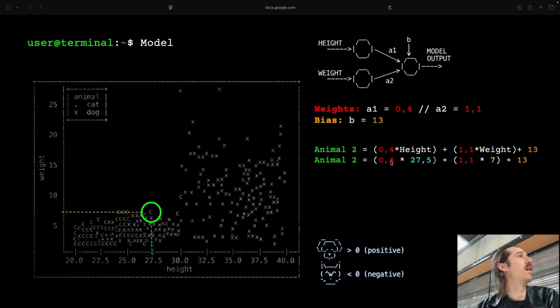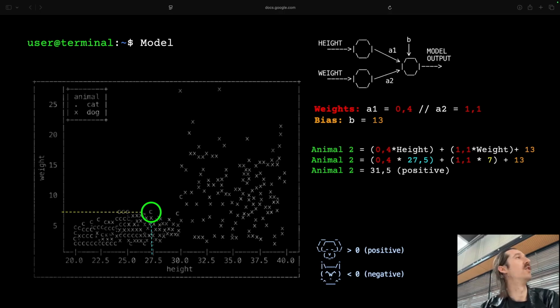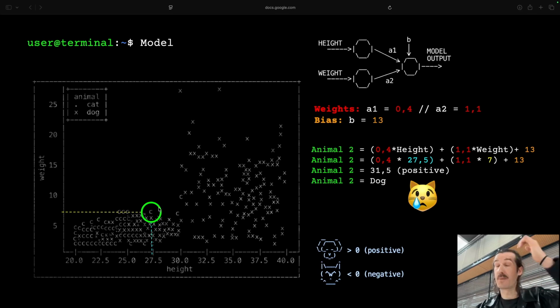We take 0.4 times 27.5, which is the height, plus 1.1 times 7, which would be the weight, and then we add the bias on it. And then, unfortunately, the output is also positive, so that means it detected this data point as a dog. So it seems that our randomly picked values here are not correct.